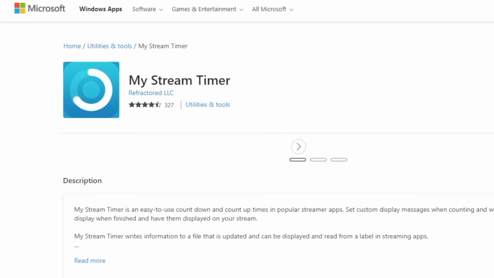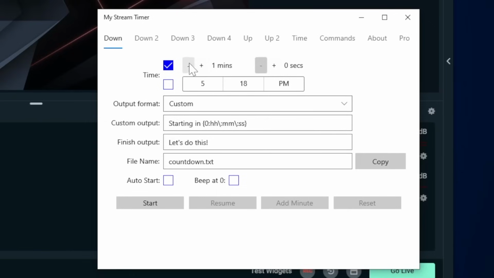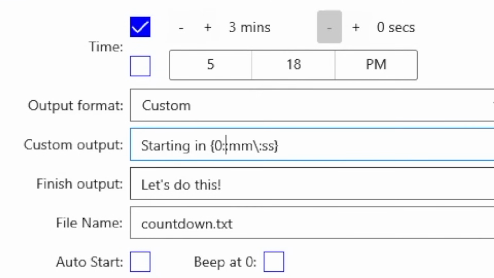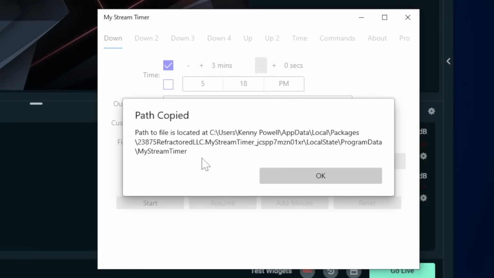So what you'll need to do is download the My Stream Timer from the Microsoft App Store, launch that. Under the first countdown tab, you can set the amount of time that you want the timer to count down from. In the custom output field, you can remove the H8 so that the hours do not appear in your timer. Additionally, you can set what text is displayed once the countdown finishes. Next, you'll want to copy the path of where your countdown timer is, and then go ahead and